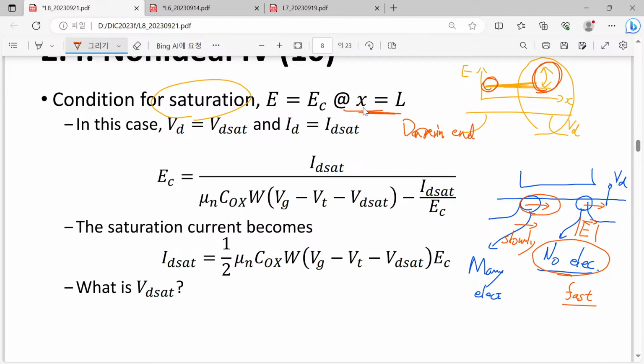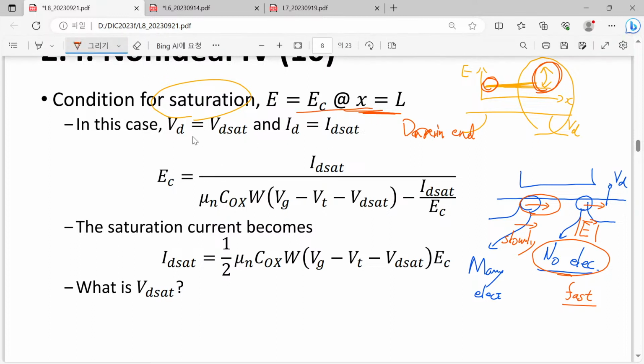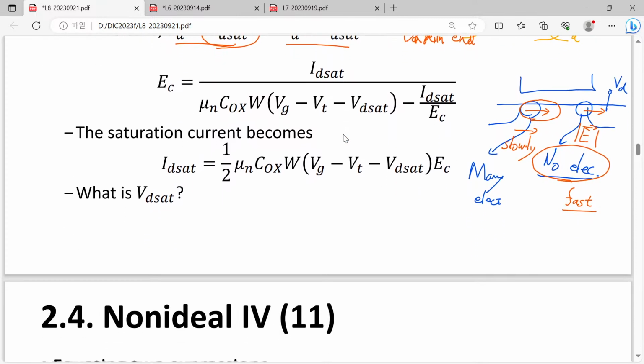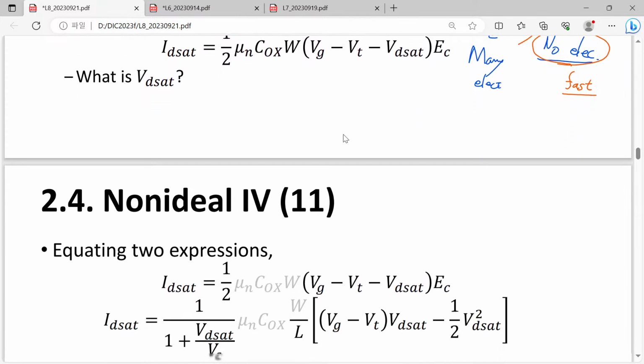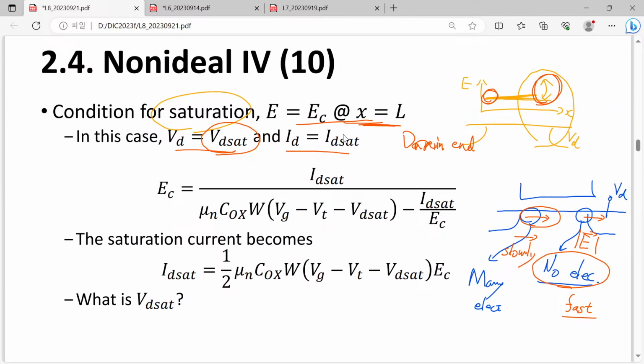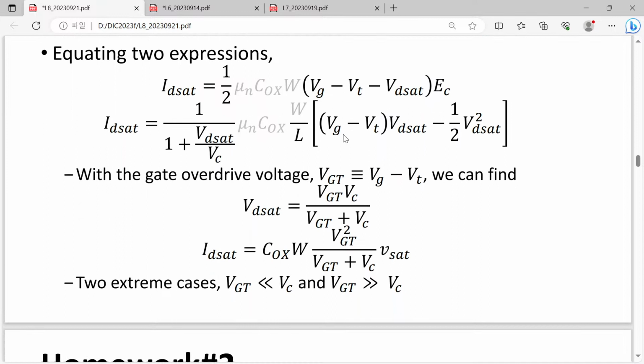That is our assumption. Then we can say that this condition is corresponding to our saturation voltage, and we say that this is saturation current. So let me just include it. So this is just given to you as your homework problem, but your own exercise. It's not official homework. Please do your exercise. But here, slide number 10 and 11, I have done my own derivation. You can just follow it, and eventually you find these two